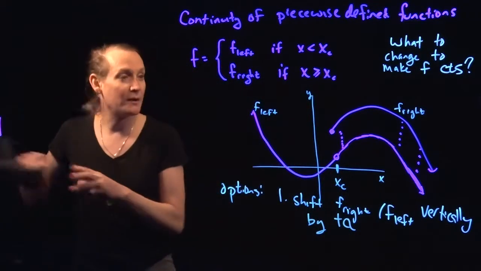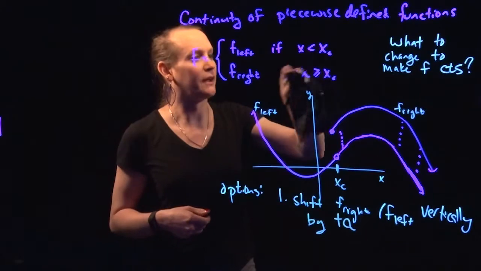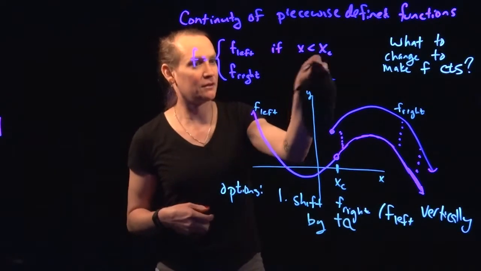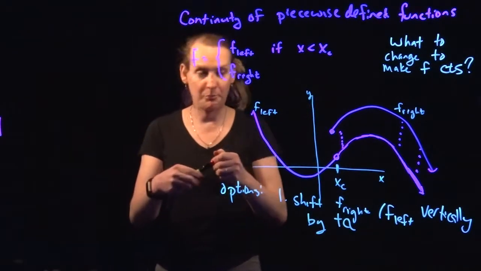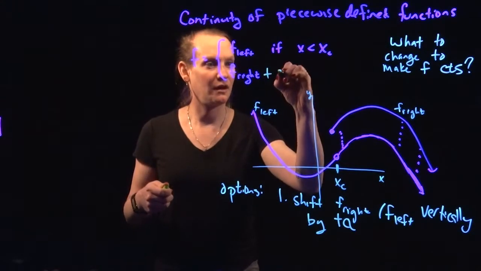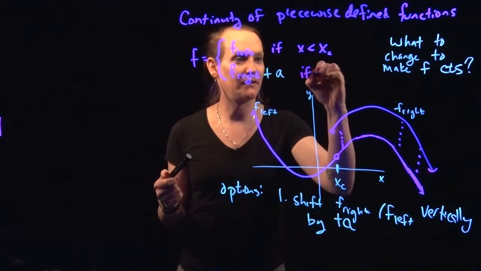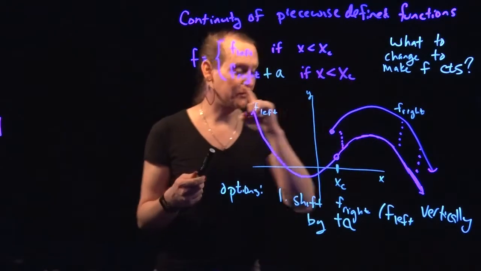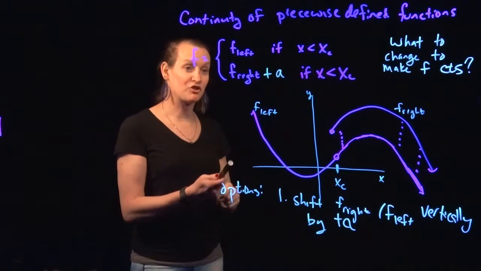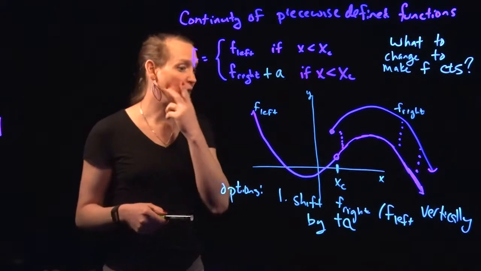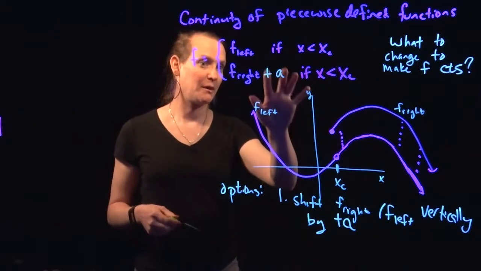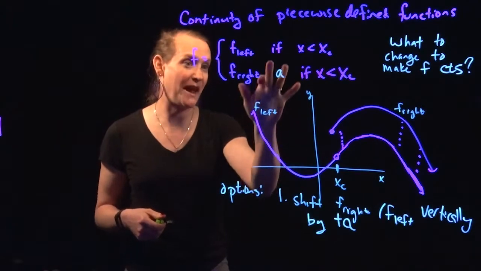So I'm going to modify my function, and I'm going to say, let's go f sub right plus a, if x is less than x sub c. How much should I shift it? Well, I should really shift it down by a,